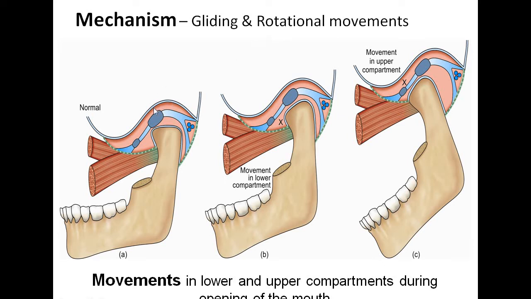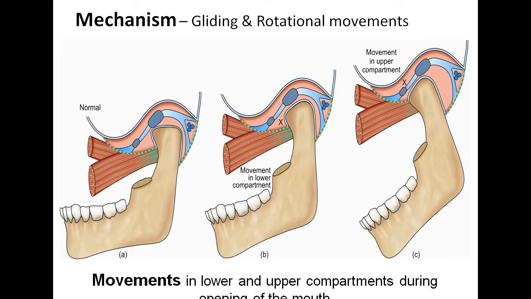The upper meniscotemporal compartment allows the gliding movement only, whereas the lower meniscomandibular compartment allows the gliding as well as the rotational movement. So it can be performed along two axes: the transverse axis for elevation and depression, and the vertical axis, which is used during side to side movements such as chewing movements. With these two types of movements, gliding and rotation, and with the right and left temporomandibular joints working together, most of the movements of the lower jaw can be accomplished perfectly.